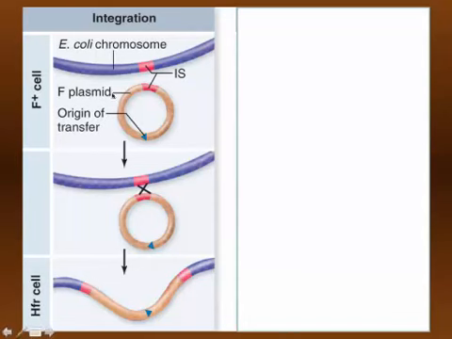We have a chromosome up here, and we have an F plasmid. So this cell is going to incorporate this plasmid into its chromosome. So what's happening here is we're going to take this plasmid and insert it into this chromosome, into this bacterial cell. So eventually you have, again, our HFR cell, which has a chromosome, it has a plasmid, and